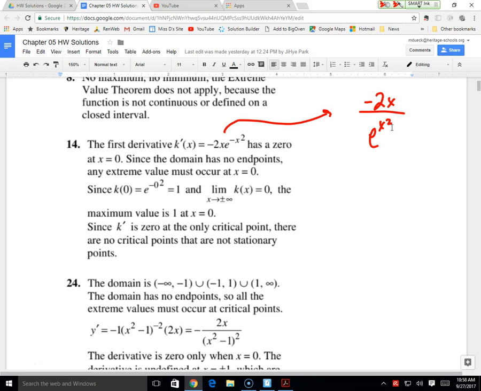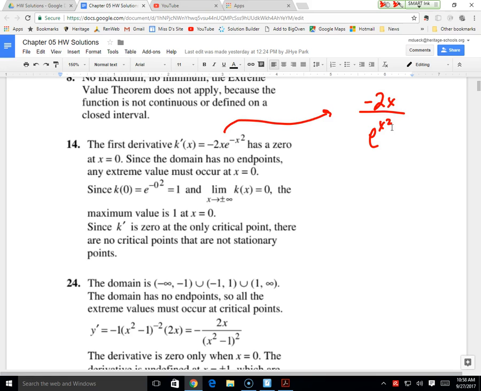Okay, but just so you know, in this one, it didn't actually make a difference. Do you guys know why? It can never be 0. So it didn't matter whether it was in the numerator or the denominator. An exponential function on its own can never be 0. It's only going to get smaller and smaller as the exponents get negative. And even when it's to the 0 power, it's still 1. So we, in essence, ignore it. But just remember, in general, whenever you have a negative exponent, that is a denominator. But anyway, your only critical number ended up being at 0, right?